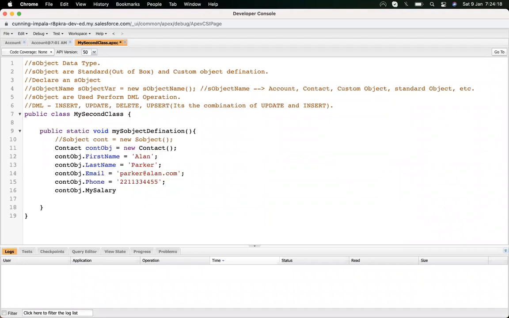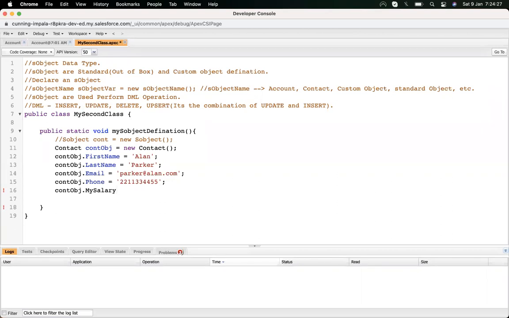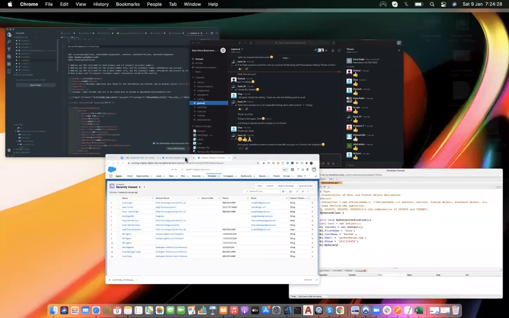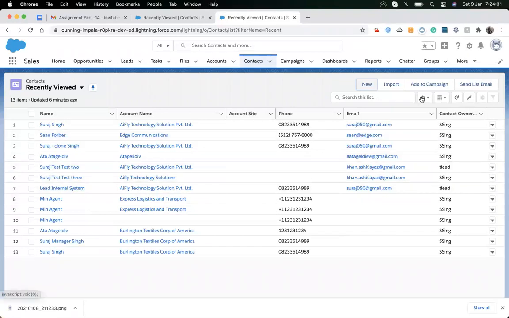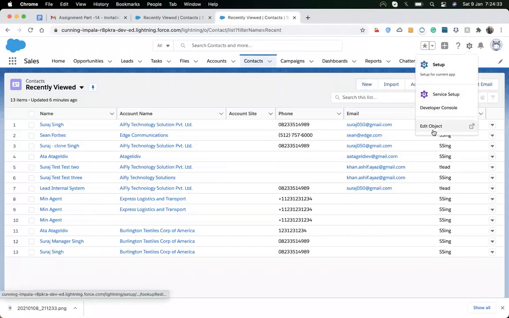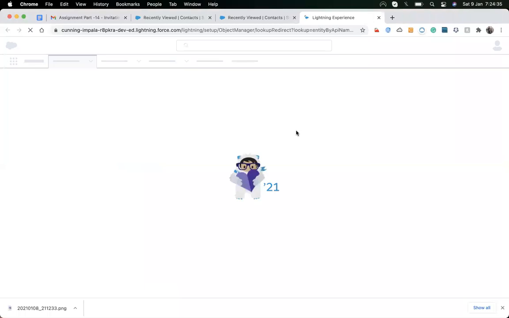Now there is one more thing you need to consider here. Whenever we are using a custom object, the admin is focused only on the label. Just let me show you.